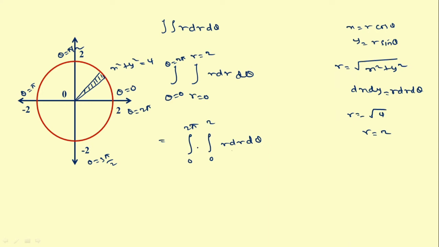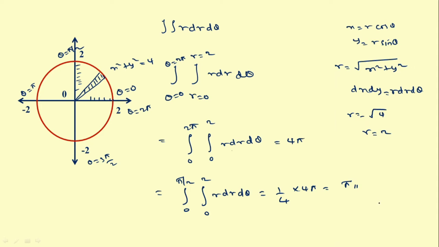However the question will be changed. The question stands for the area of the circle with radius 2. What is the answer? 4 pi. Now answer my question. If the radial strip starts from theta equal to 0 and ends with theta equal to pi by 2, that is integral 0 to pi by 2, integral 0 to 2, r into dr d theta. Clearly this is only the positive quadrant of the circle. So 1 by 4 into 4 pi. What is the answer? Only pi.